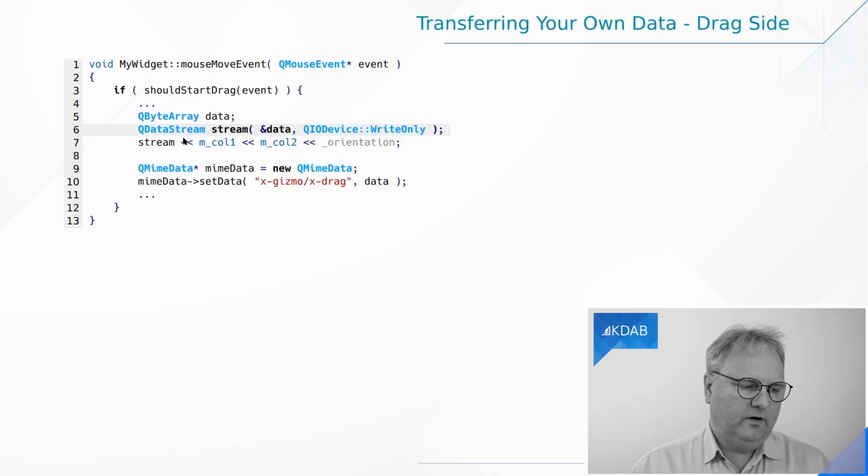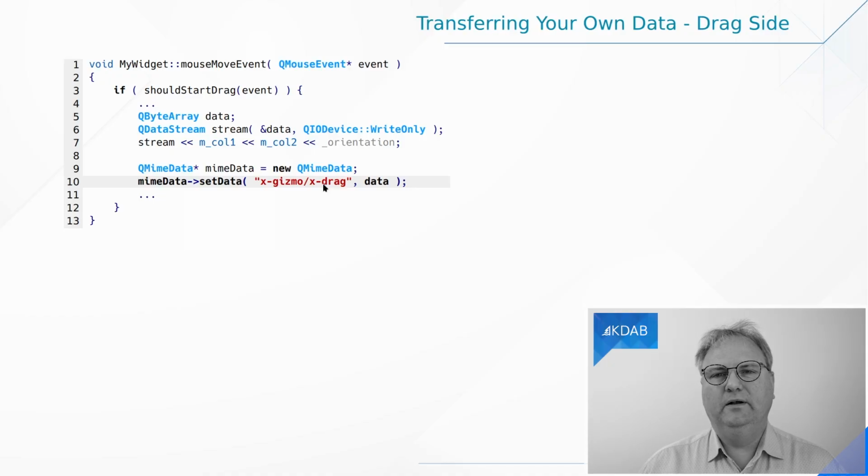So create my data stream on my byte array, do the stream, and now it will show up as bytes in my byte array. And I'll have to create my QMimeData as before. And this time, rather than calling setText or whatever the other few was, I now call setData, which needs 2 things, the byte array and a MIME type. And the MIME type is a classification. And I don't know if it's a standard or just common sense, but those that are not standardized start with x-. That's why it's called x-gizmo/x-drag. That's simply the major type and the minor type. So text/plain or text/html and image/jpeg and image/png and so on is what you usually find in here. So the bytes are now in the drag,